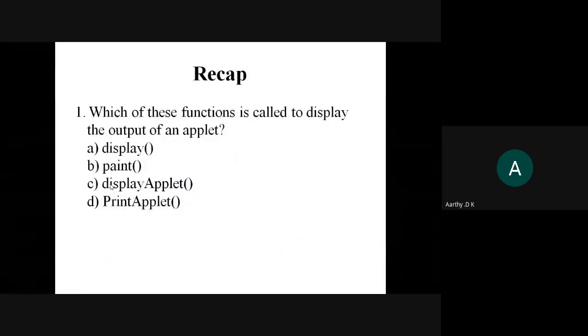Which of these functions is called to display the output of an applet? Display, paint, display applet, print applet. Which of these functions is used to display the output of an applet? Give me your answers in the chat.